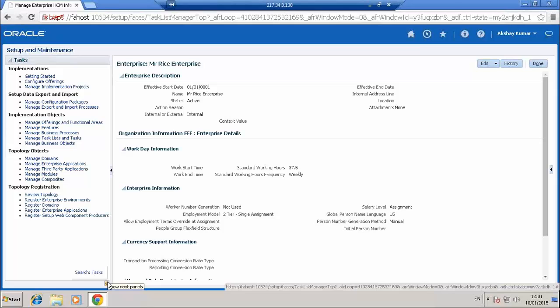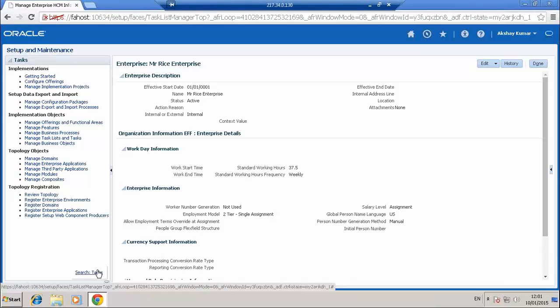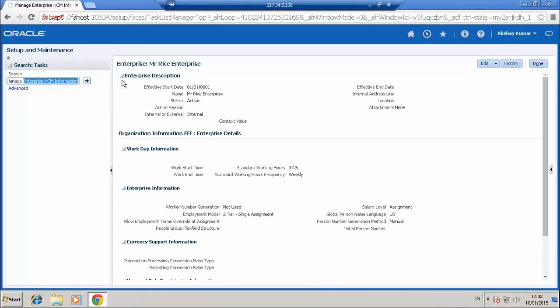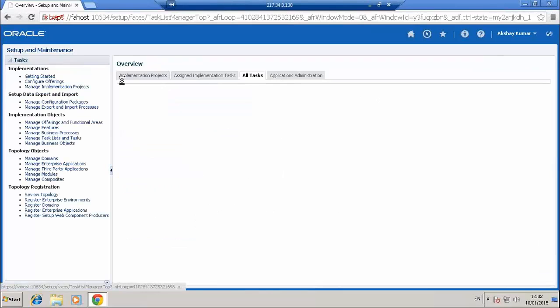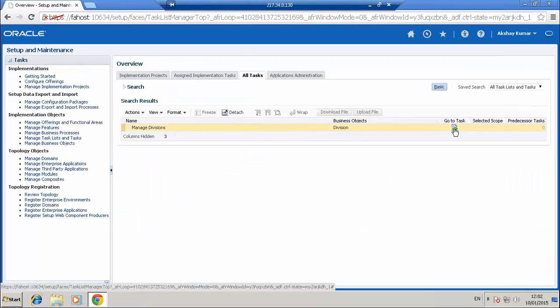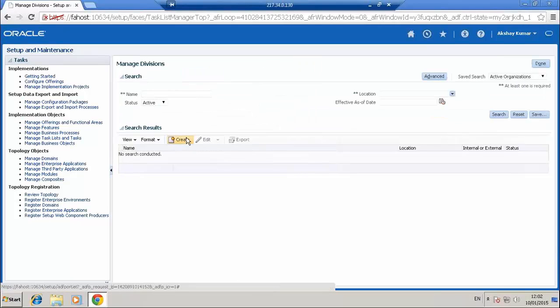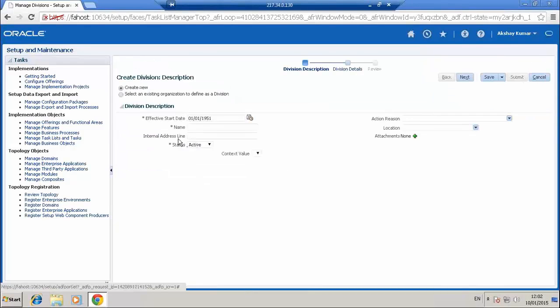And below that, if you want divisions to be created, manage divisions is the task. And it's nothing much great in that. You will just create the name of the division and all.